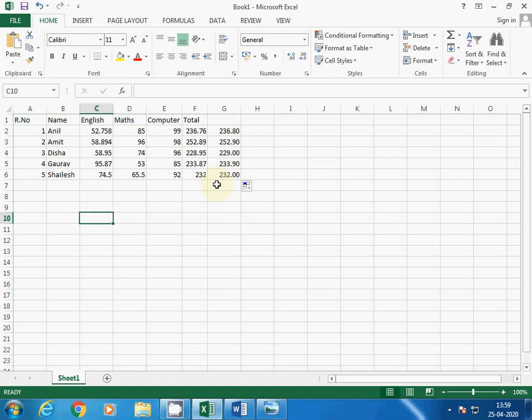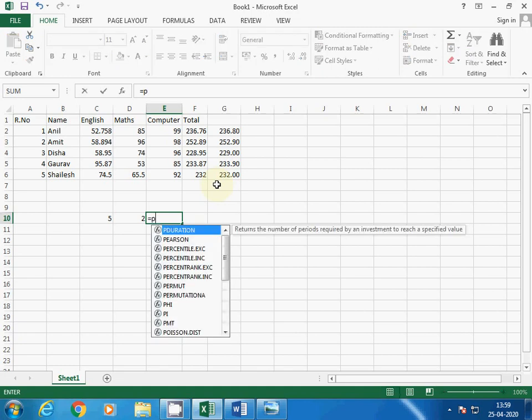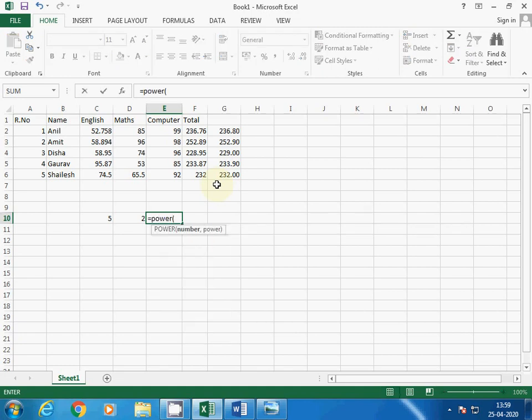After that, the next formula is power. Somewhere you want to calculate the power of a particular number. Suppose 5 and 2, I want to use the power of this. So the power formula is there: write power, then first the number, comma, raised by power. Which power you want to see? So here 5 power 2 is 25. If the power is changed here to 3, the value will change, or 4, then it will calculate accordingly. Okay, so you can use the power formula for finding powers.